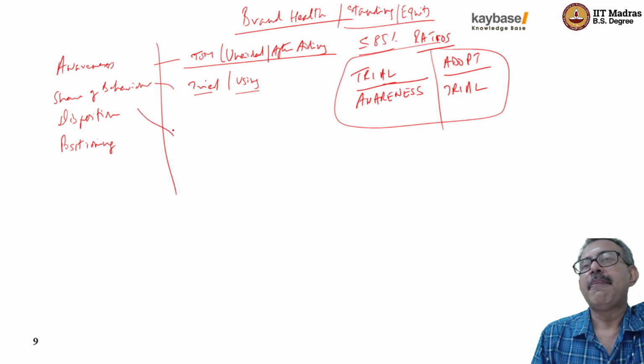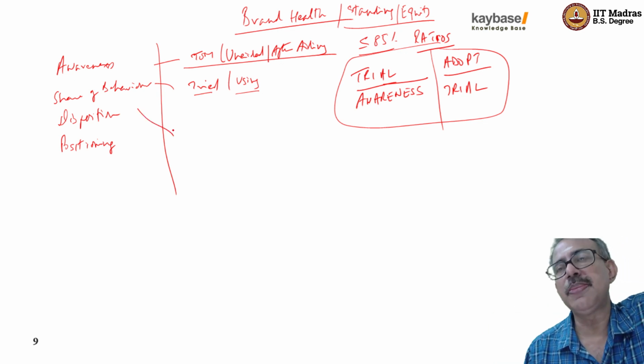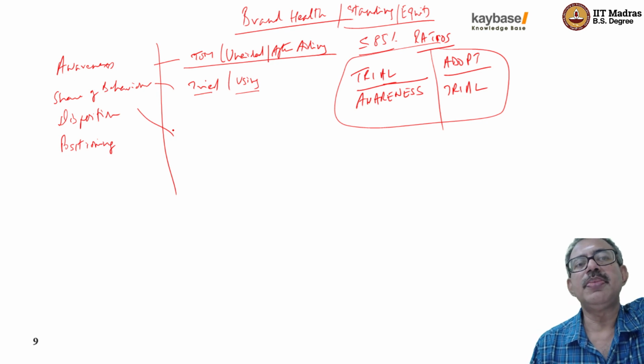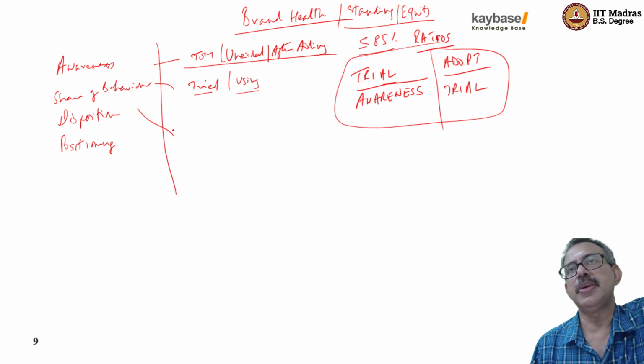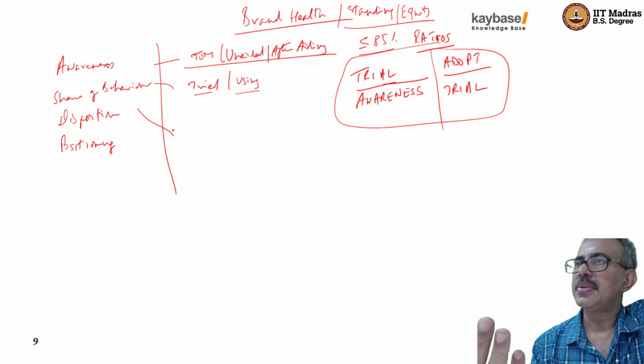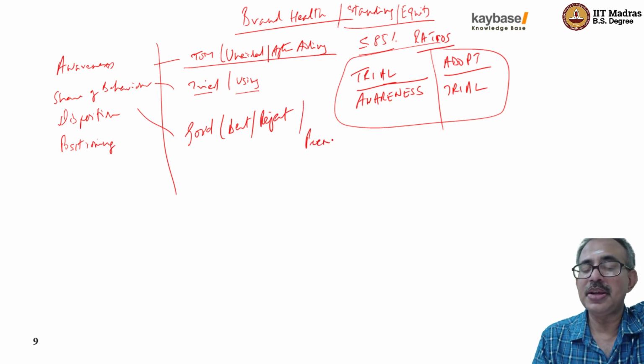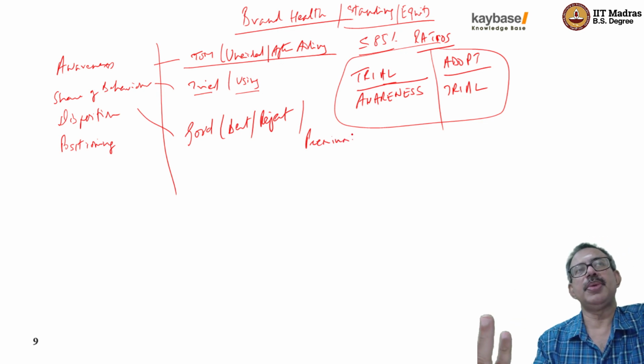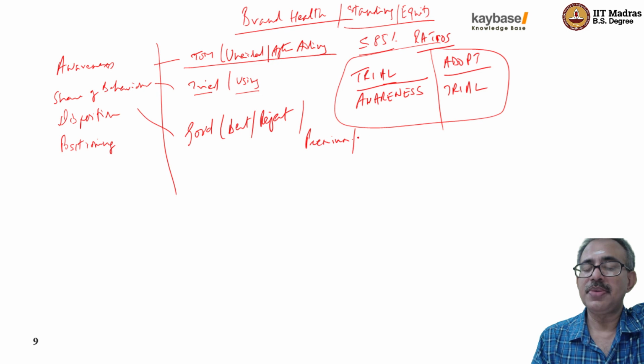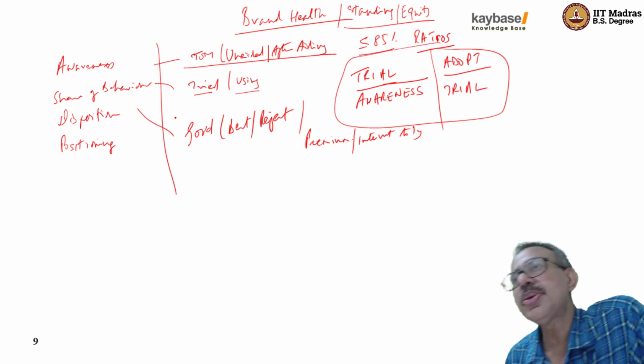What is disposition? Disposition is the correct marketing term for when we say consumers prefer this brand, consumers like. Disposition is the correct technical marketing term. Do they have a good opinion about this brand? Do they feel like this is a good brand? Do they feel it is the best brand? Do they feel it is a brand that they should not buy, which means they reject the brand? Do they feel it is a brand for which they can even pay price premium, meaning even 10% extra they can pay? Do they feel that it is a brand that they have not tried before, but they want to try it? Right? So that is disposition, opinion about the brand.